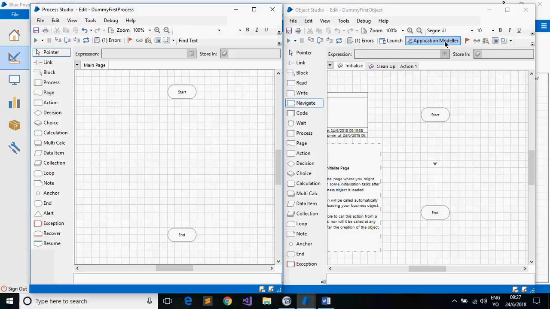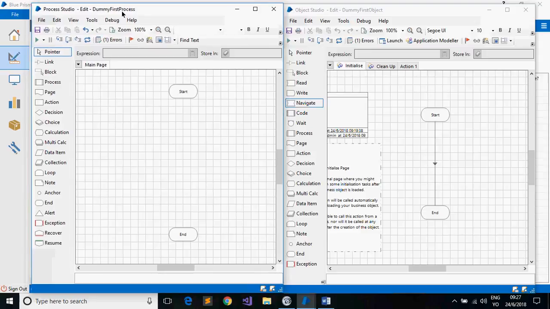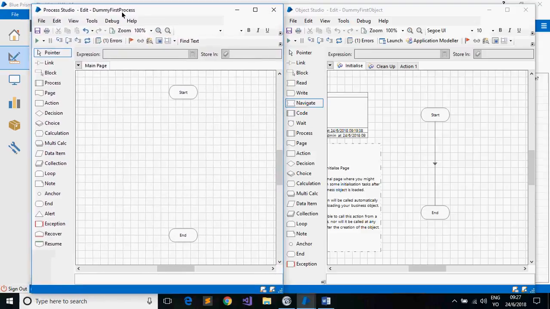So you need to connect that through Application Modeler and automate that. This is not present in Process Studio because we don't do that in Process Studio. Process Studio is just to execute the business logic, and we'll be using Process to deploy our final bots in the server. So having said that,